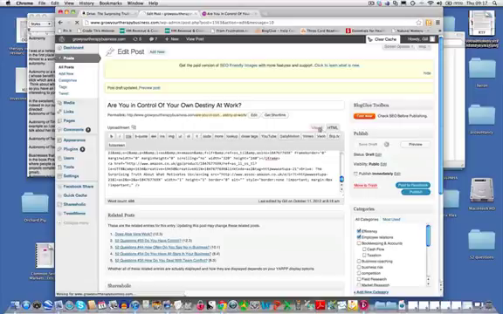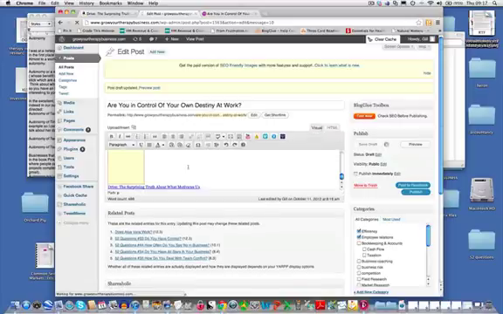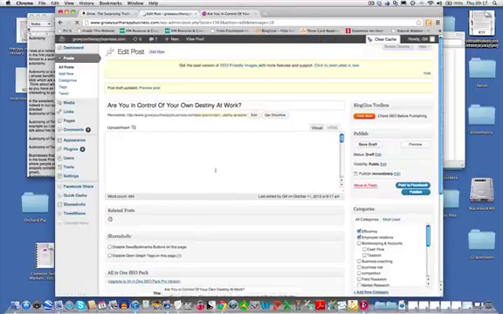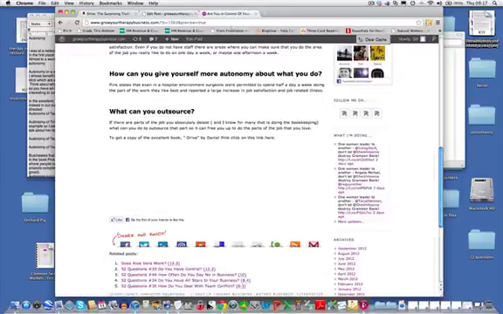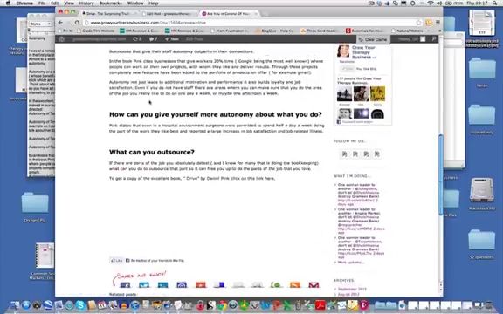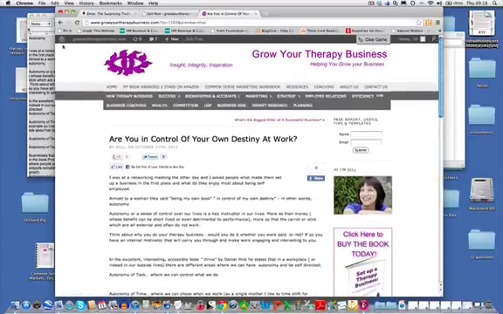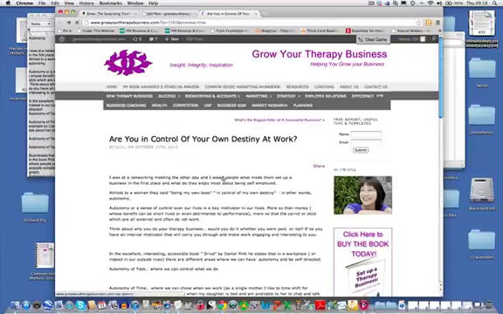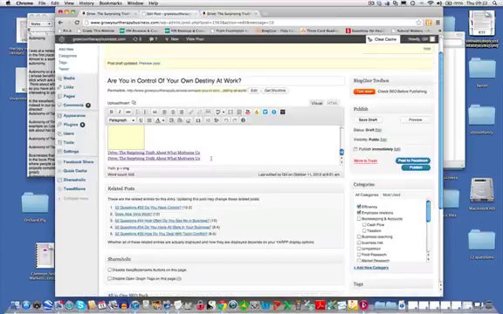So save draft, visual, right. So if I now go into here, it's interesting, it doesn't seem to be coming through. Okay, well it appears I was just a little bit too hasty, it didn't come through, so I'll just delete that. So I just tried it again because it didn't work through, but if I go through to preview now,